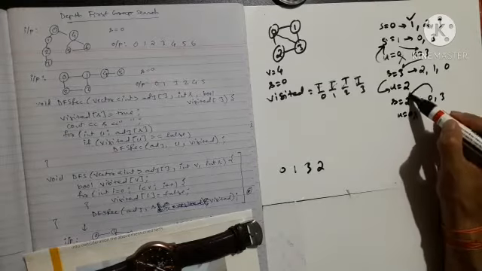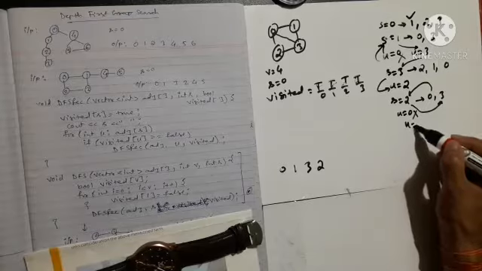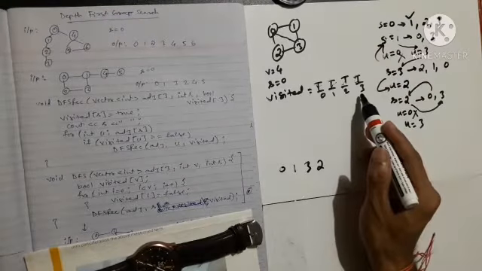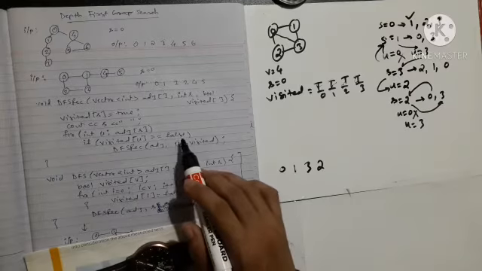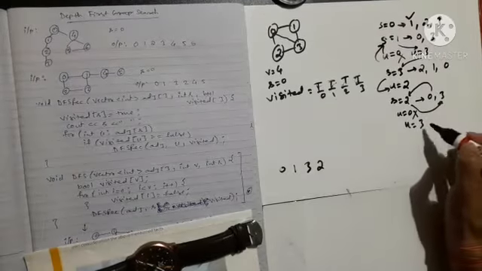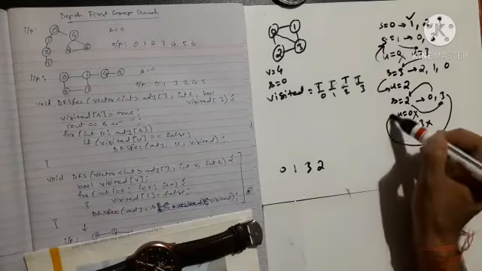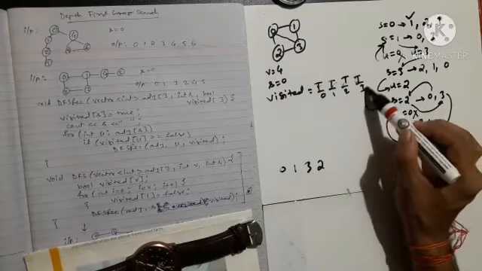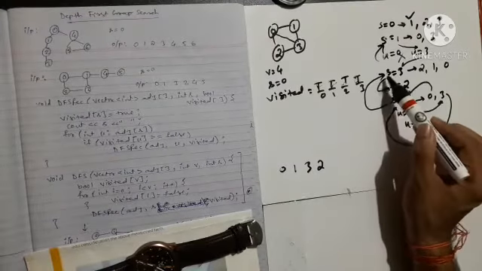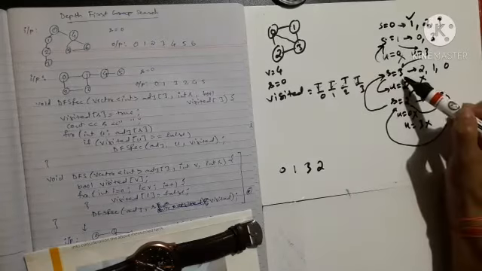Control will again come back to 2, and now 2 will call for 3. When u becomes 3, it will first check whether it is false or not, but it is equal to true, so it is not done. Again control from 3 will come back to 2. Now the task of 2 has been done, so from 2 the control will come back to 3.